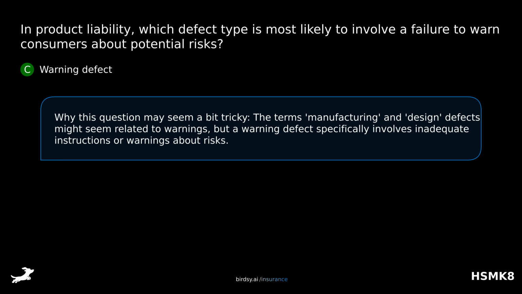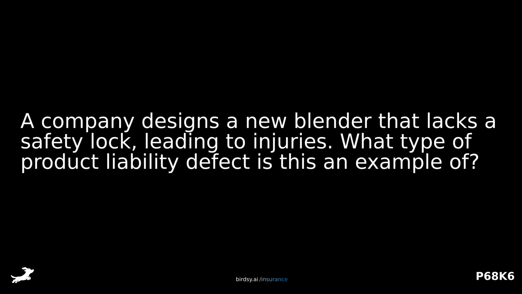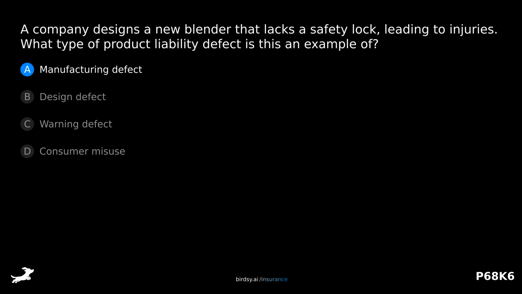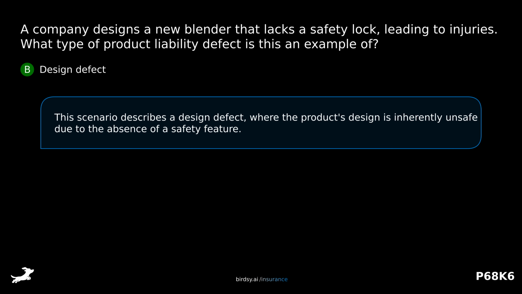warnings about risks. A company designs a new blender that lacks a safety lock, leading to injuries. What type of product liability defect is this an example of? Is it A, manufacturing defect, B, design defect, C, warning defect, or D, consumer misuse? The answer is B, design defect. This scenario describes a design defect where the product's design is inherently unsafe due to the absence of